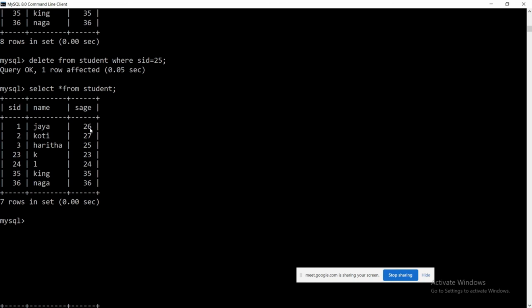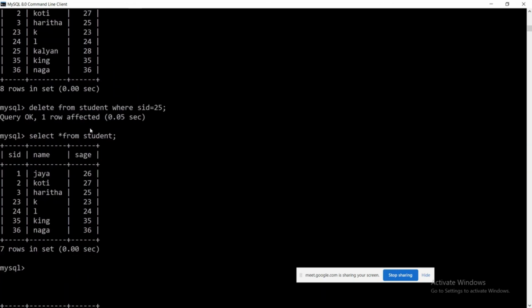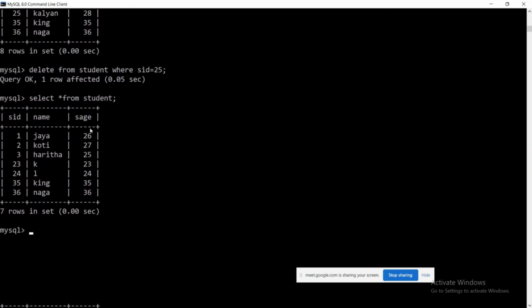Can I go with some kind of conditionals? Like I said, equal to 25 is a kind of conditional. Can I go with comparison operators, range operators, all those? If you want, you can go with all those things. Yes, I have deleted. Right? I don't want to go for deleting a single tuple. I want to delete all the tuples. Then I can go for